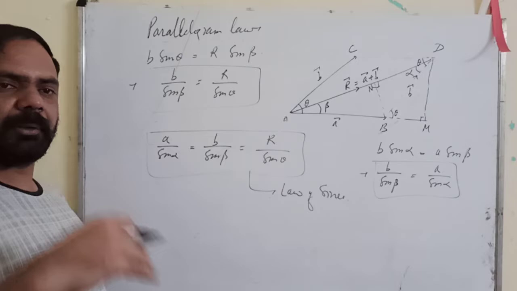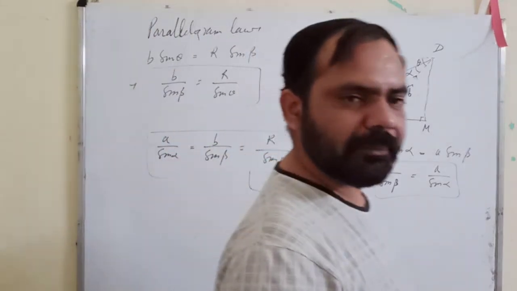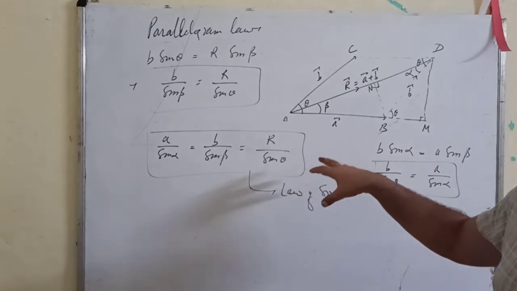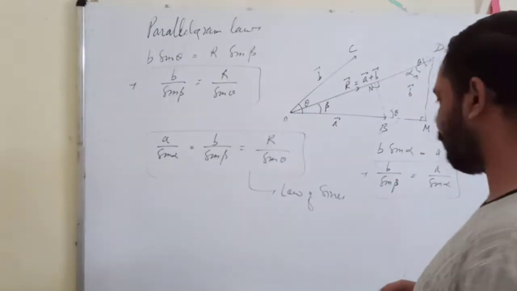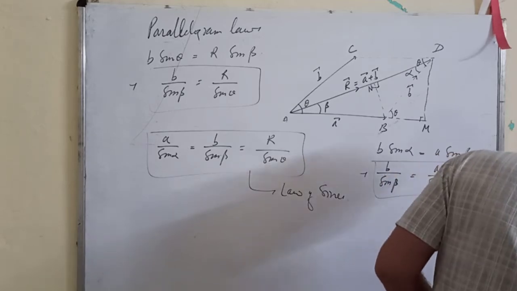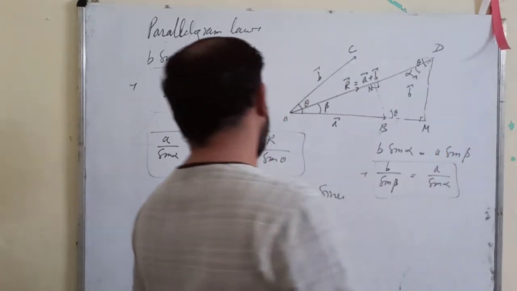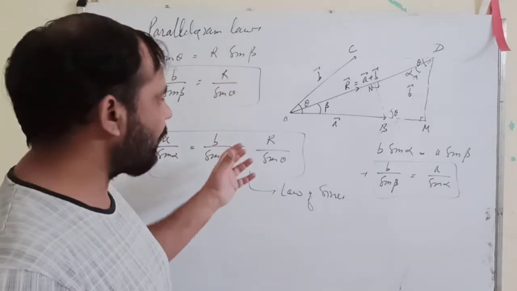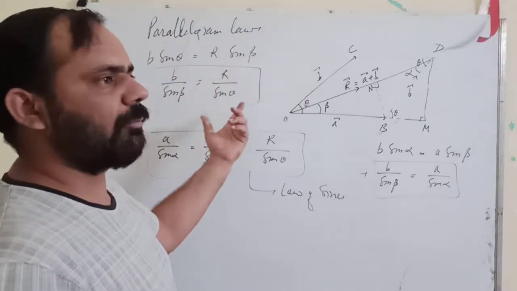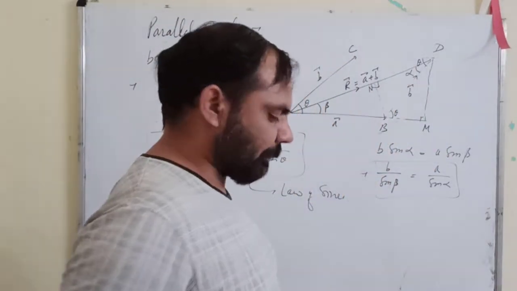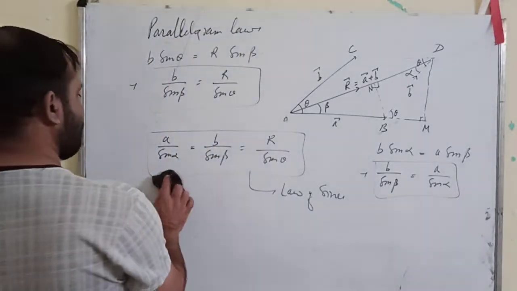So we have two laws. One is the law of cosine and one is the law of sine. We have one law for the sine ratio and one law for the cosine ratio. Okay, these are important relations to solve questions. Suppose a few things are given to you and one or two things they ask, then you can find them out with the help of these formulas. Now we come to some special cases.